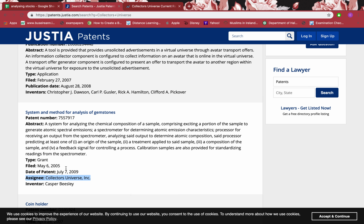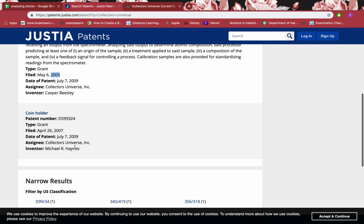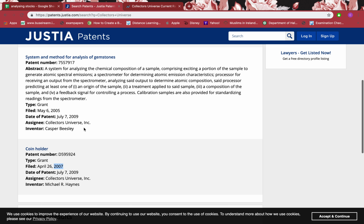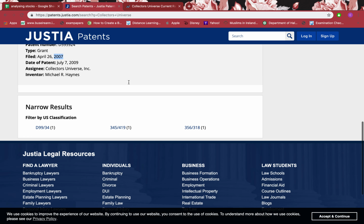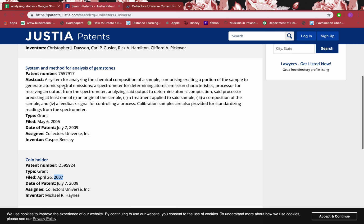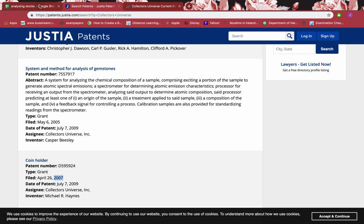Same thing, yeah. In 2005 they have a patent, then in 2007 they filed a patent, and that's not the one. Okay, so they have just two patents, which is really good, but they don't have any recent patents. The last patent was in 2007. I need to be careful about that, because it's been nearly 12 years now that it doesn't have a new patent, so that might be something that we have to look at,